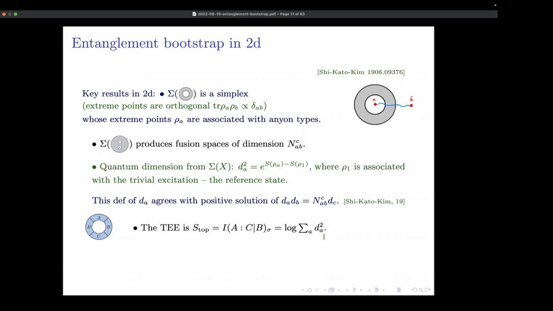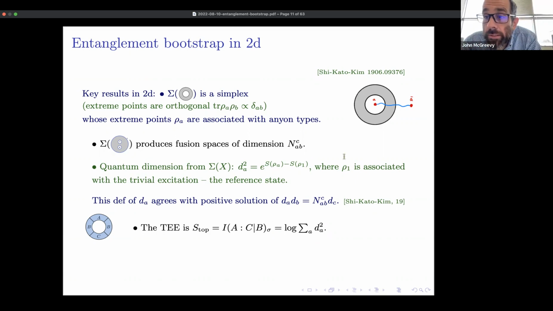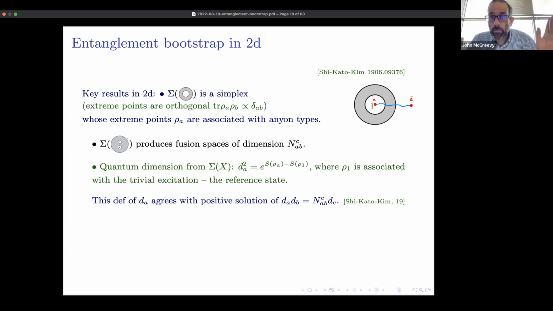Indeed, if you just take the reduced density matrix of the given reference state, you just get a unique density matrix on the annulus, which is what I'm calling this row 1, the vacuum state. But the information convex set contains a whole bunch of other states, in particular the ones where there are excitations elsewhere in the ball, but outside the annulus.